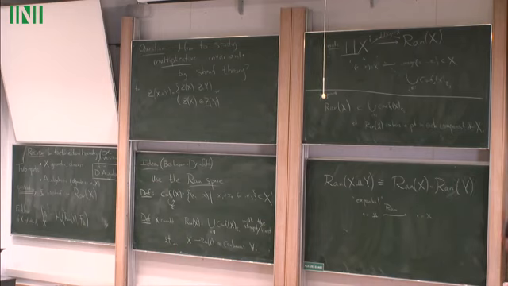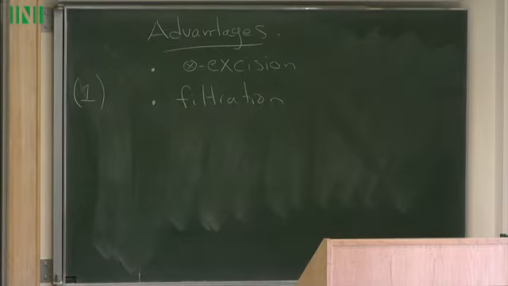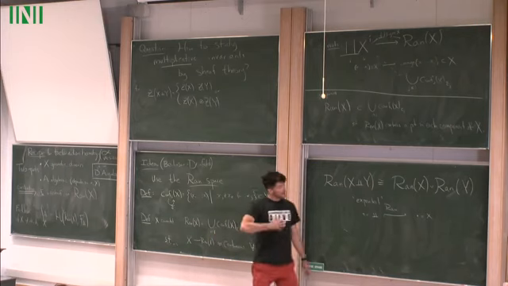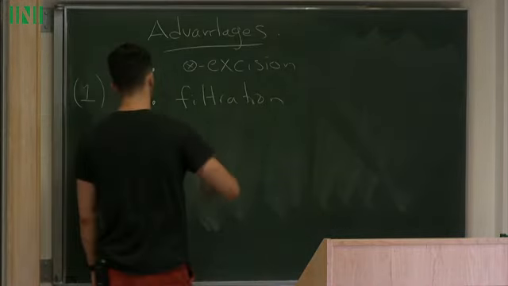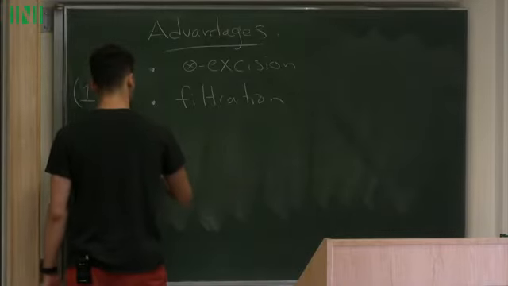So taking something that you know and saying that it comes as a result of this, you get a form of excision, which we call tensor excision. Another thing is that if you take something you know, it might not have been expressed in terms of the Ran space, and the Ran space carries a filtration by cardinality. These are closed subspaces. If you just filter the Ran space by bounding all subsets of cardinality at most i, that gives you a filtration. And so at the level of homology, that gives you a spectral sequence. So filtrations are powerful, spectral sequences are powerful, so you get that here. And then lastly,